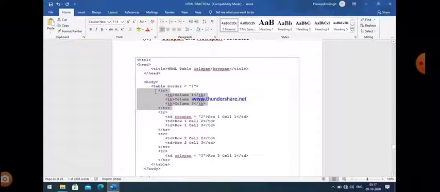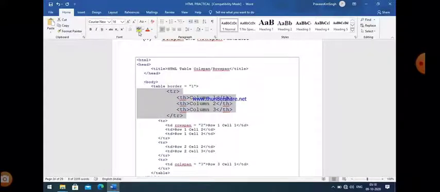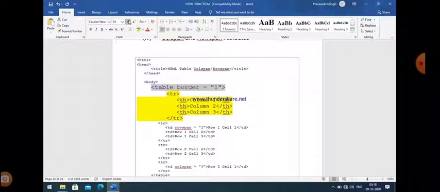So the row span attribute is basically used to merge two or more cells row wise, and the col span attribute is used to merge two or more cells column wise.